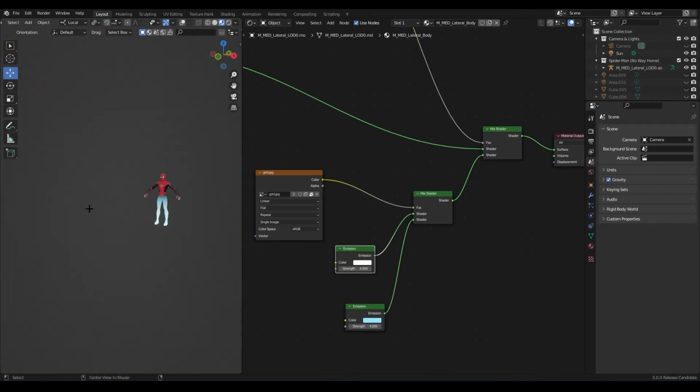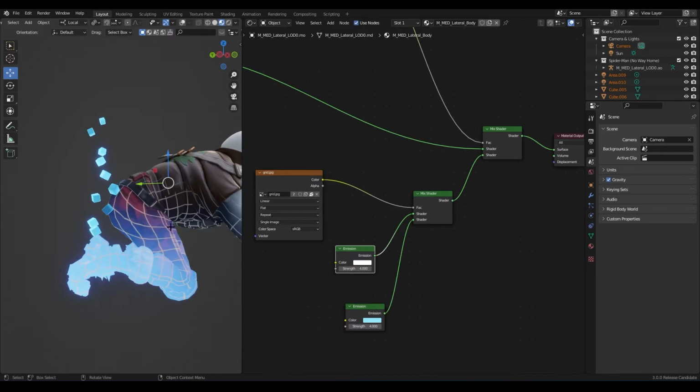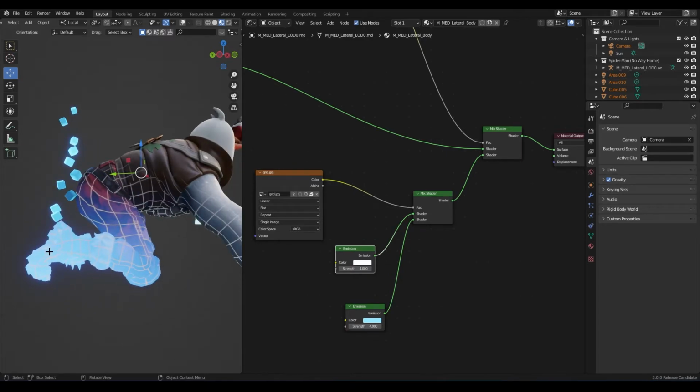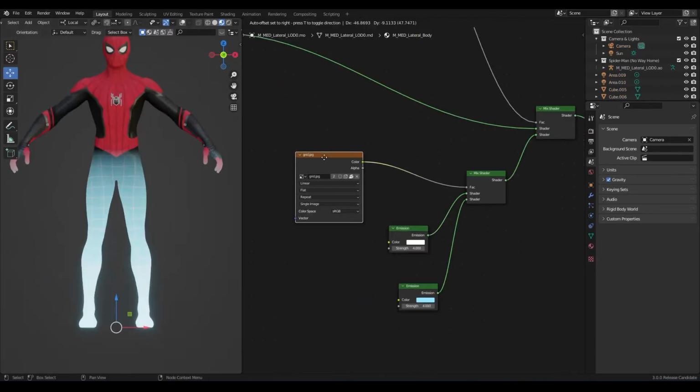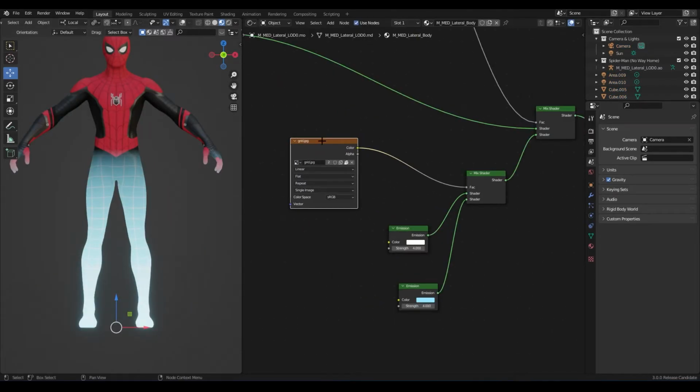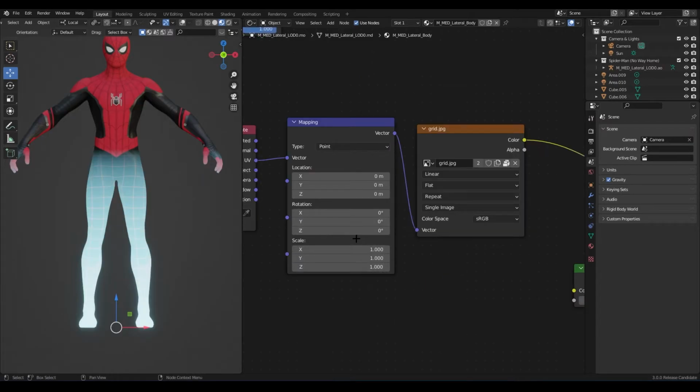So if I show you my one here, you see how I think it's a different blue color, and then if you see, it goes from really bright to fading out. So let's actually do that over here. We can make some changes to the grid. So Control T. If you want to affect the whole scale instead of just affecting one, click and drag down, and then you can see we can make the grid bigger or smaller. This is whatever size you like. I think that should be fine.